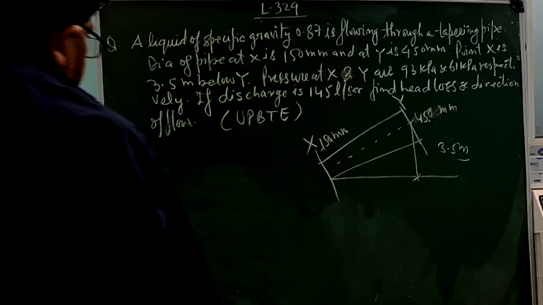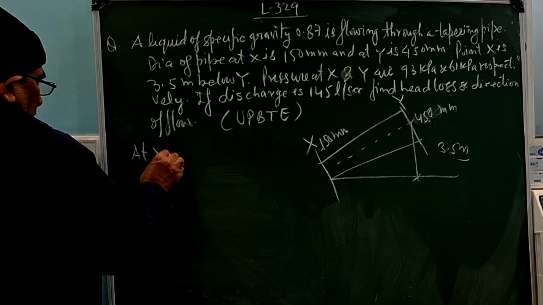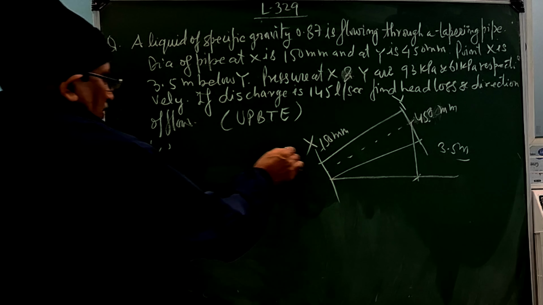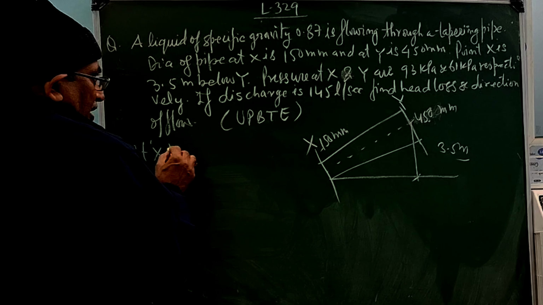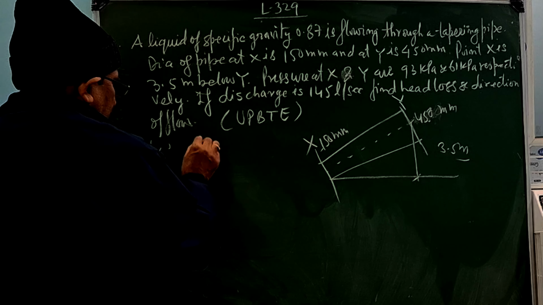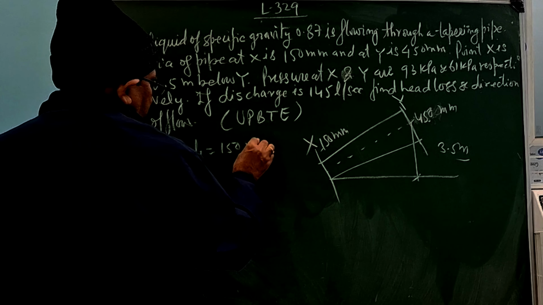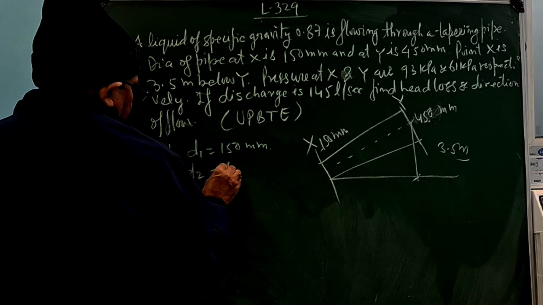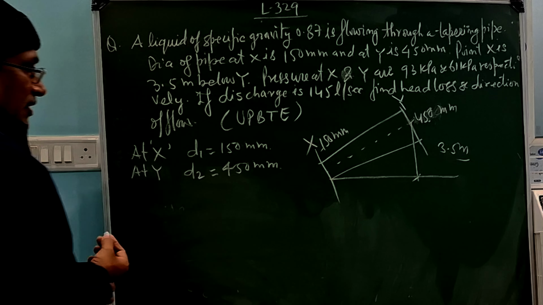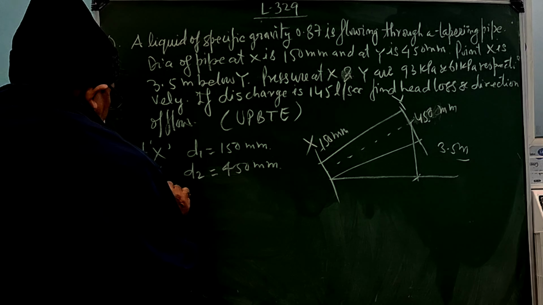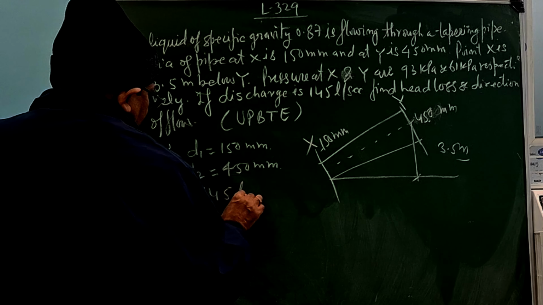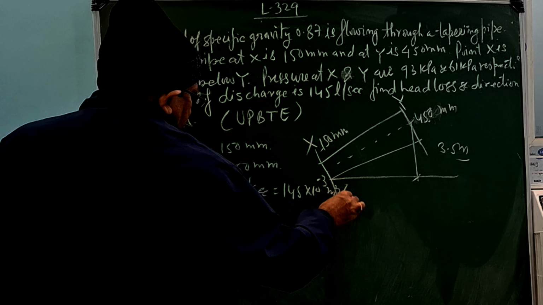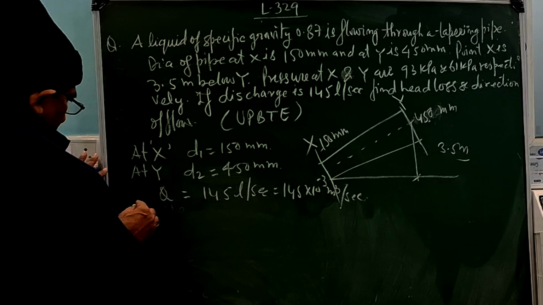तो आप यहाँ देखोगे कि x पर ये पता नहीं है कि ये एग्जिट है या एंट्री है। तो x पर आपका 150 mm डाया, मीन्स your entry dia, you can say D1 equals to 150 mm, ठीक है। और y पर D2 equals to 450 mm, ठीक है। अब यहाँ पर आप देखोगे Q इज 145 लीटर पर सेकेंड। तो ये हो जाएगा 145 इंटू 10⁻³ मीटर क्यूब पर सेकेंड।